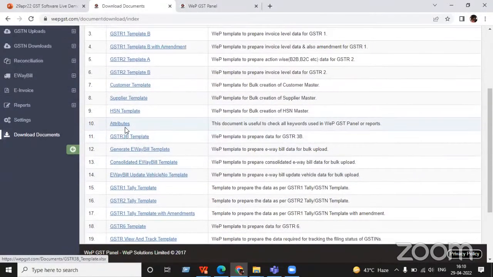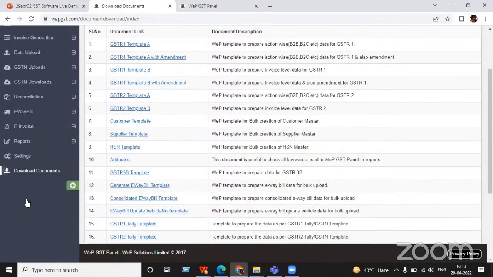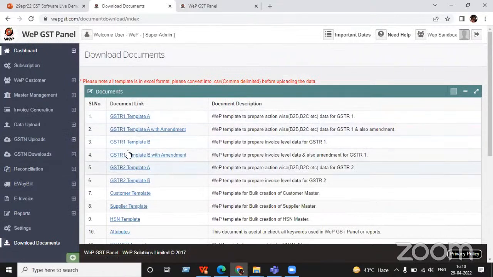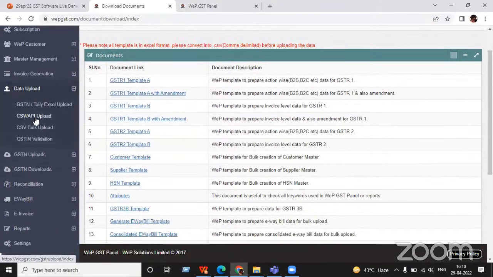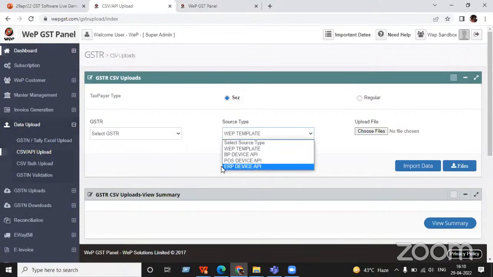Every template is there in the platform, and you can download them in the download document section.